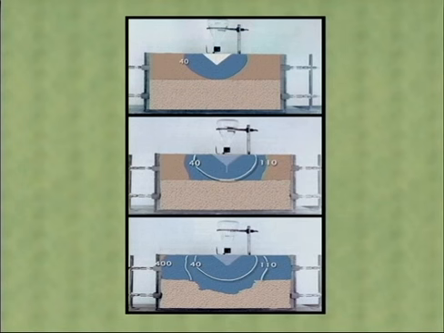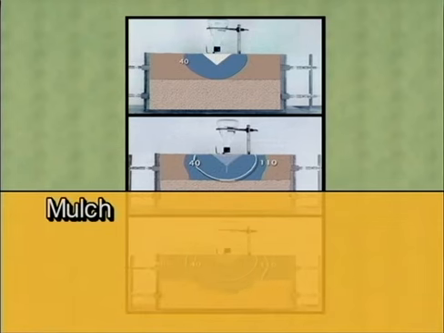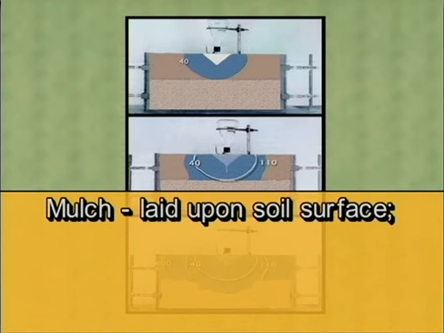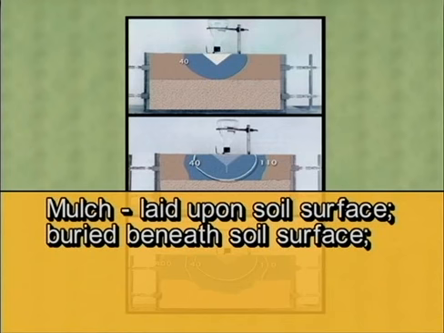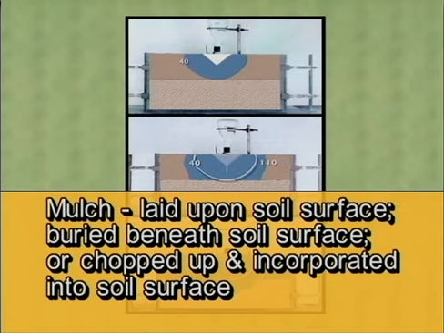One other effect that we often encounter under field conditions, especially agricultural soils where we're cropping and incorporating residue from that crop back into the soil, is the effect of what we do with that residue. We're going to refer to that residue as a mulch, a type of material that can either be laid upon the surface of the soil, buried beneath the surface of the soil, or chopped up and incorporated into the